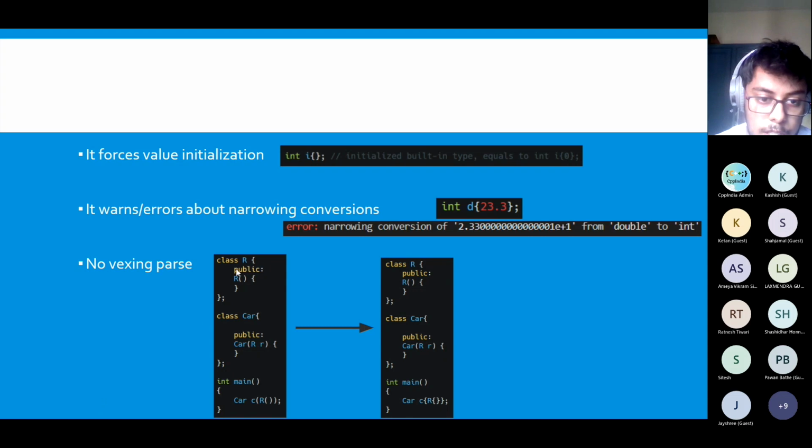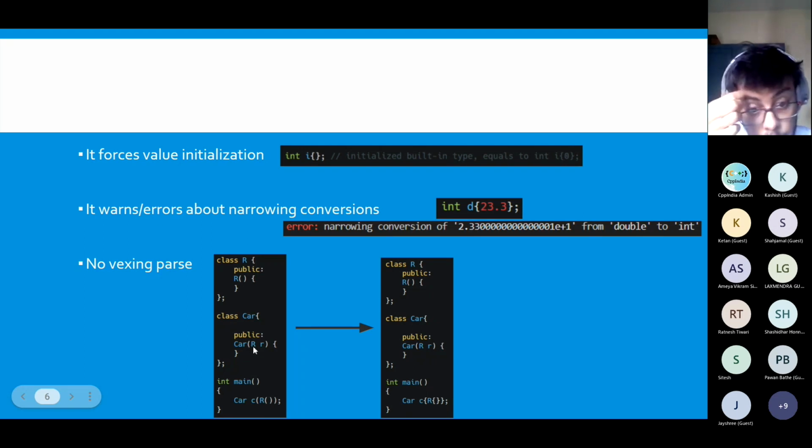So if you have two classes here, R and car, and car takes R as an argument in its constructor, and in int main, what we do is create a new car object named C, and since the constructor uses an object of type R, we just call its constructor, which will return us some object.